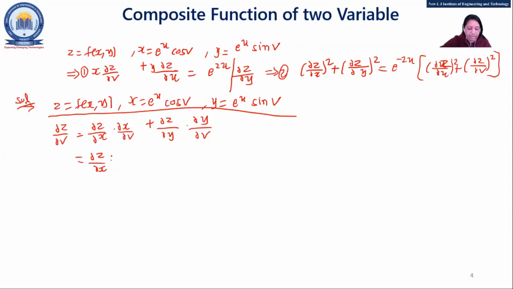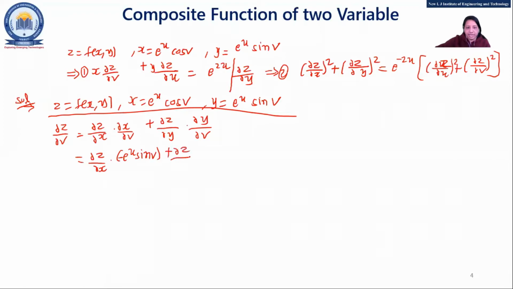What is supposed to be there? Anyone? Del x by del v. x equal to e raised to u cos v with respect to v. So here e raised to u, right? So as it is constant, e raised to u as it is. Now what of cos v? That is what? Minus sin v. So minus sin v. See here multiplication rule is not supposed to be applied because here it's a u, e raised to u. So when we are doing partial differentiation, that is going to be a constant, right?